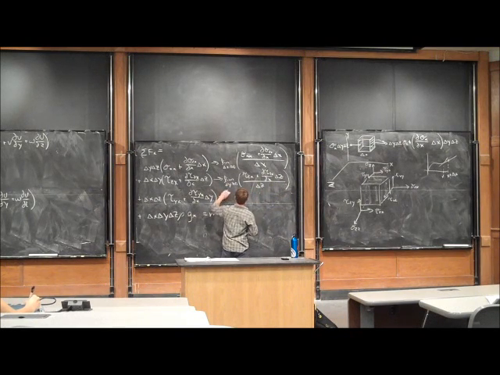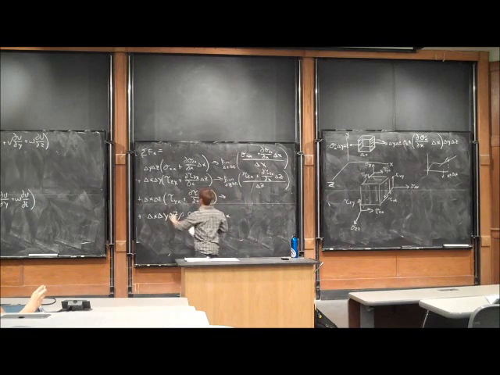This actually should be a limit as delta z goes to 0, because we're dividing off